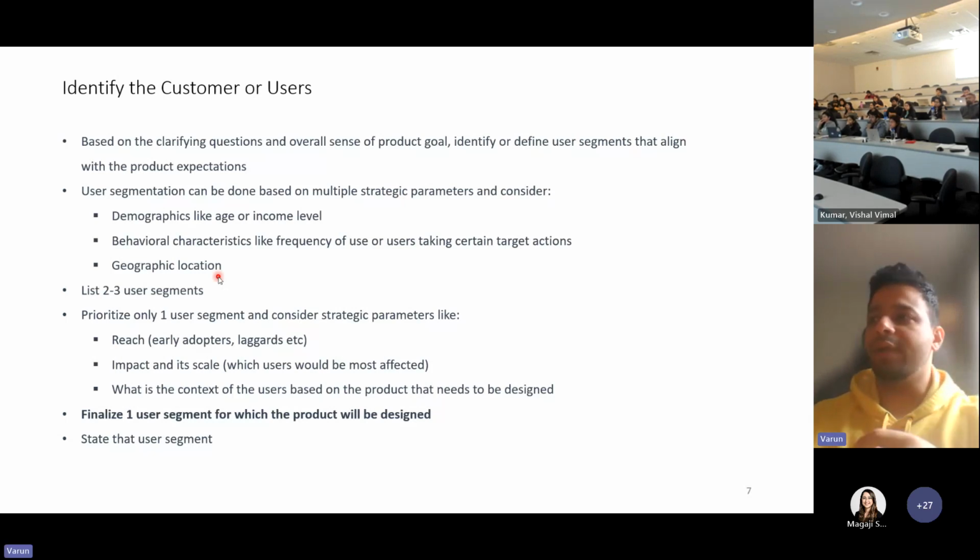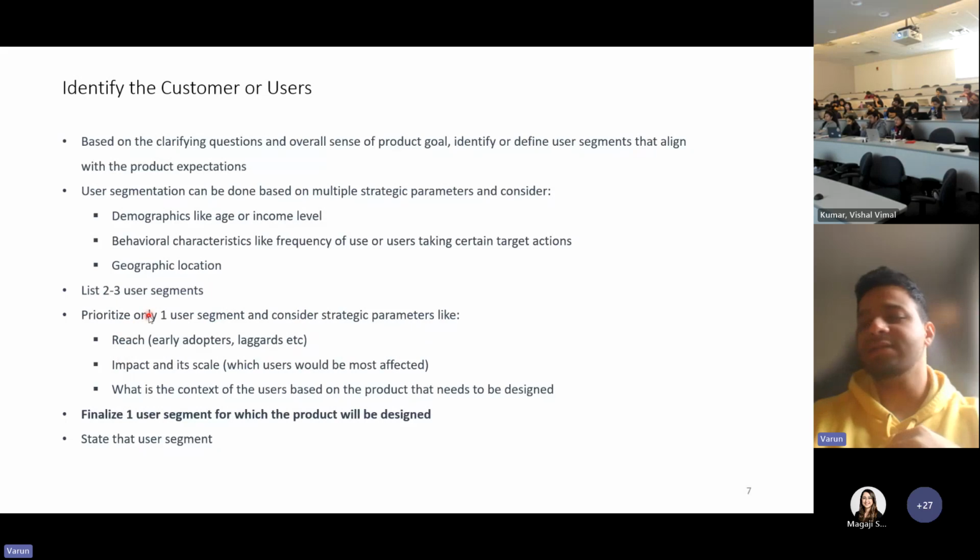And then once you've identified these segments, of course, you cannot solve everything for everybody. So one important thing to remember here is you need to prioritize one segment for who you will design the product for, right? And the way you can prioritize is based on a lot of strategic parameters. The most important and the most useful, of course, are reach, whether the customer is an early adopter, whether they are technology savvy, are they laggards, do they need validations from some other people to adopt it,